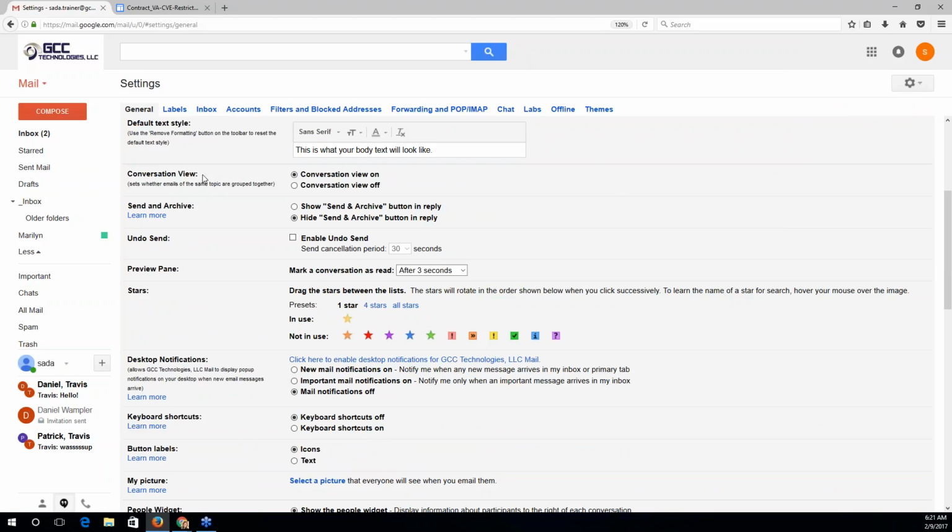All right. So under the general tab, the first thing I want to bring up is Conversation View. Now in Google, if you haven't done anything yet, this is going to be on by default. And Conversation View is Google's way of grouping together messages that share the same subject line and recipients. So it's a way of reducing inbox clutter by grouping similar things together. But for some of you, this may be a very new way of organizing mail. So do know that you can turn this off and then your conversations will not be grouped. You'll see these messages listed out line by line. So I'm going to leave this on so I can demonstrate what it looks like.